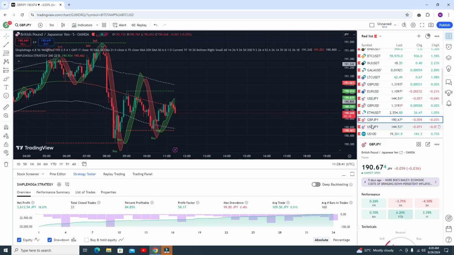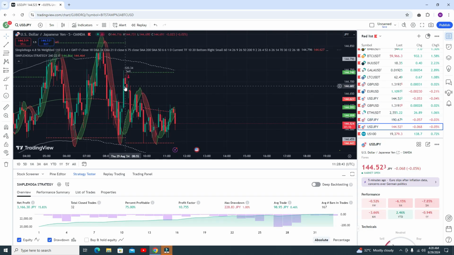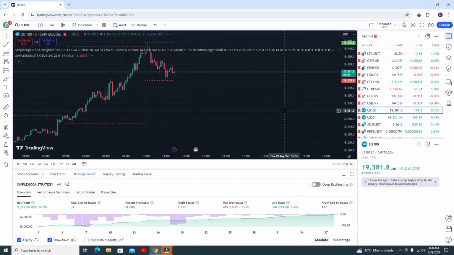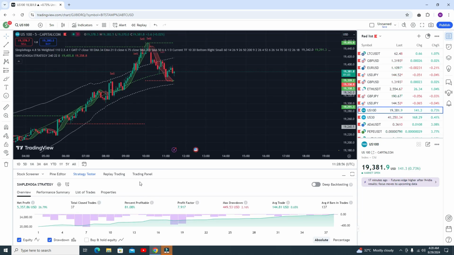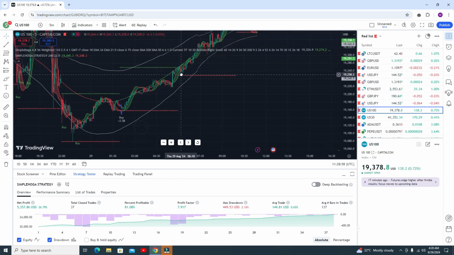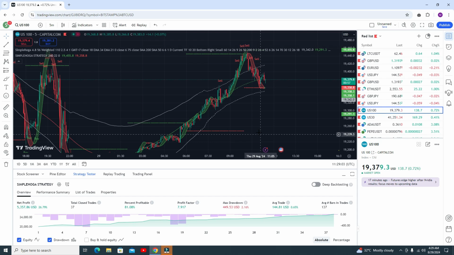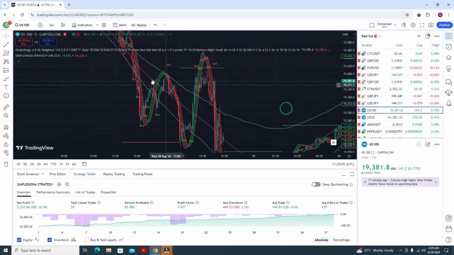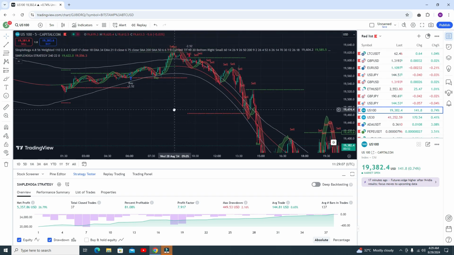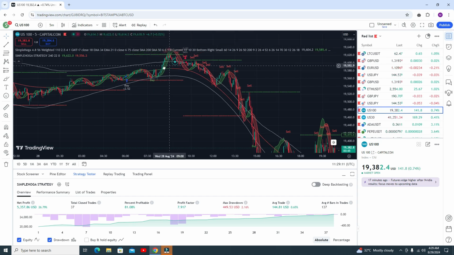Okay, in the USD JPY, you got the sell signal, the most recent one, you need to go to the sell position from this point. Okay, and US 100. In the US 100 around 81% accuracy, and we got the buy signal, and you can see the market is going upside. Okay, this is the most accurate buy sell signal. In the previous sell signal, let me show you here the buy signal, yes, we can go for the buy trade, and you can book your profit.